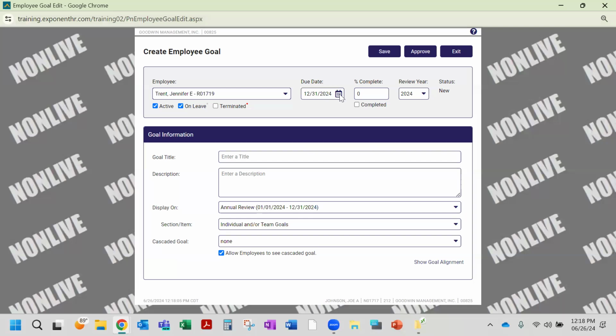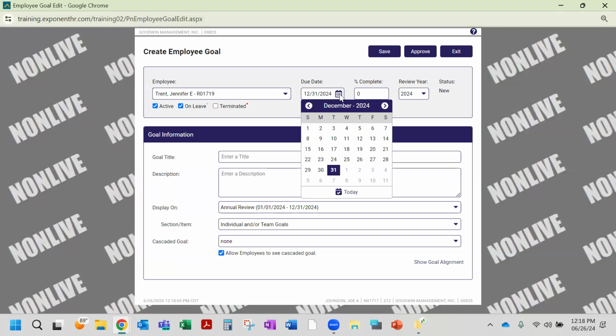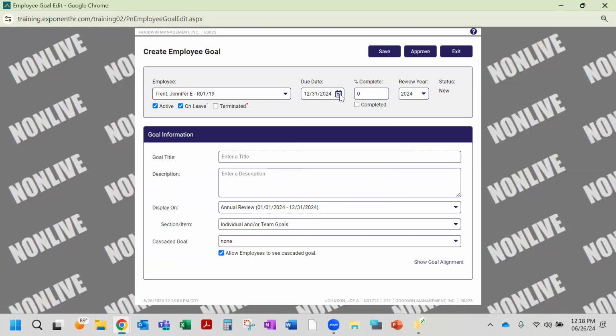Due date is going to be for this year, the end of this year, December 31st, 2024. Every time you meet with Jennifer, you can update the percentage, that completion. If there is a 0 there, it is not going to show up on the review that is submitted to the employee. So if you've met with the employee and you submit that goal or submit the review, if they've got 3 goals out there and 2 of them have some type of progress, 10%, 50%,